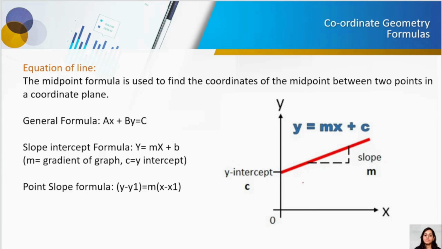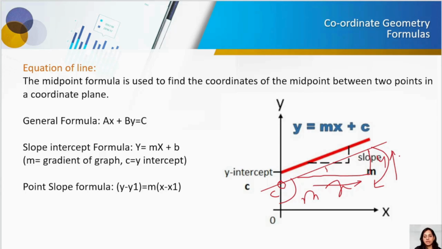Equation of a line I have already explained, and this is a pictorial form. You can see when one line is crossing, it is making a slope, right? This is your slope, as it maintains some angle, and this point is called the intercept. This is your C. This angle is your M. This is your Y, your X, because this is the X axis and this is the Y axis, correct? That is now your line formula.